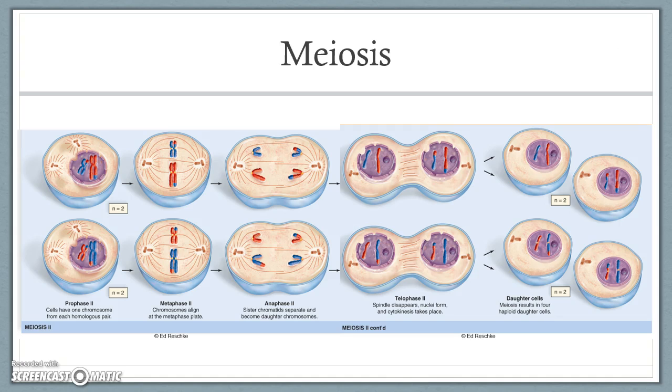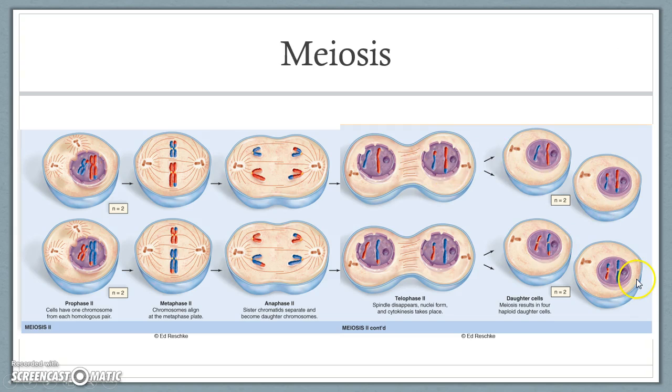Here's a picture of what goes on in Meiosis II. Notice on the far left that there are 2 cells. These are the 2 daughter cells that went through Meiosis I. In metaphase II, the still duplicated chromosomes line up in the middle, and in anaphase II, they are pulled apart. Telophase II is the time when the new cells form, and at the end at the far right there are